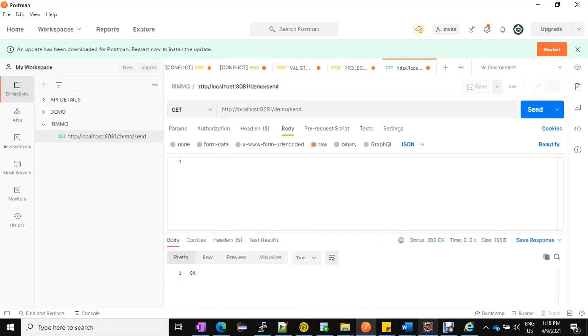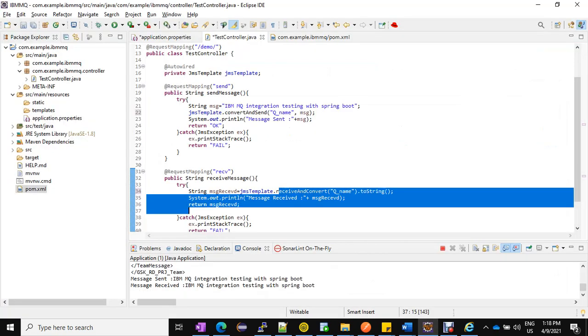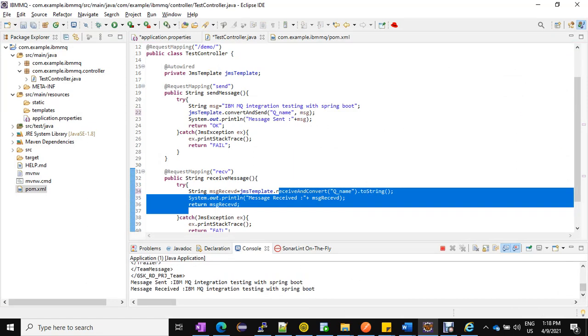Okay, and this was the endpoint which is writing the message into the queue, and I have one more endpoint which will read the message. So if you see here, this was the message that I've written into the queue, and I've read it as well.